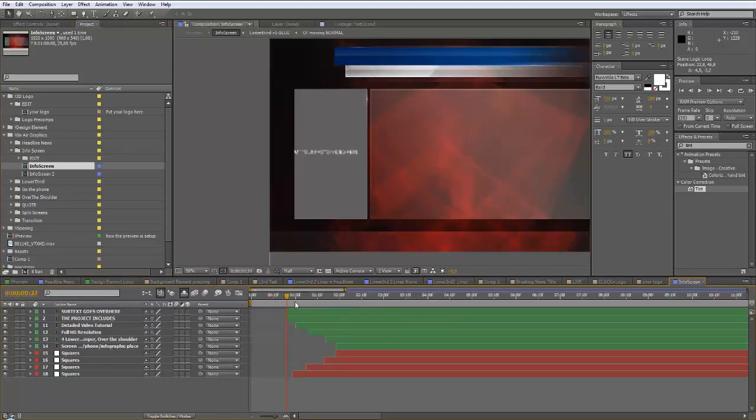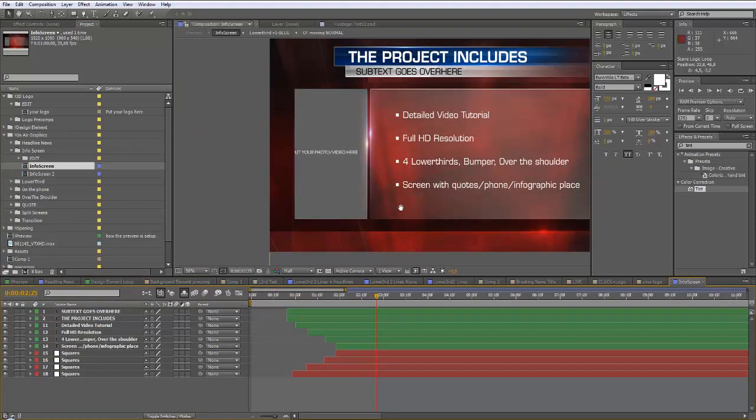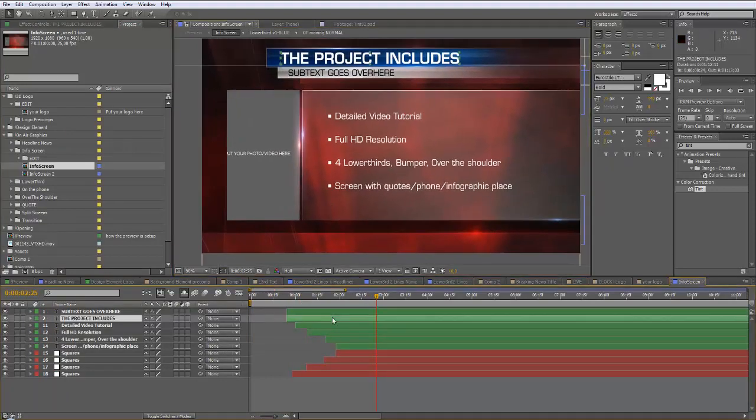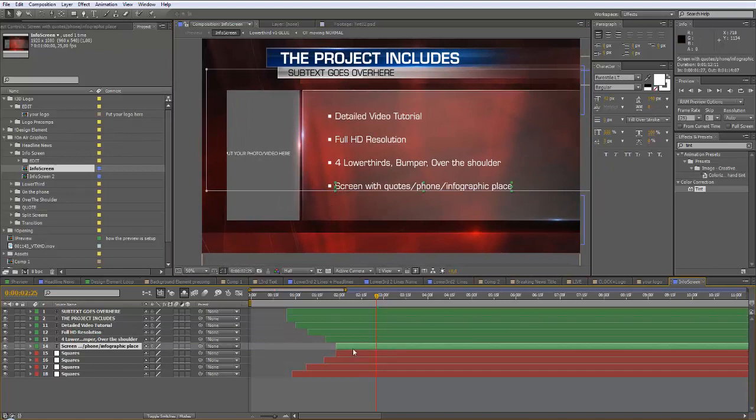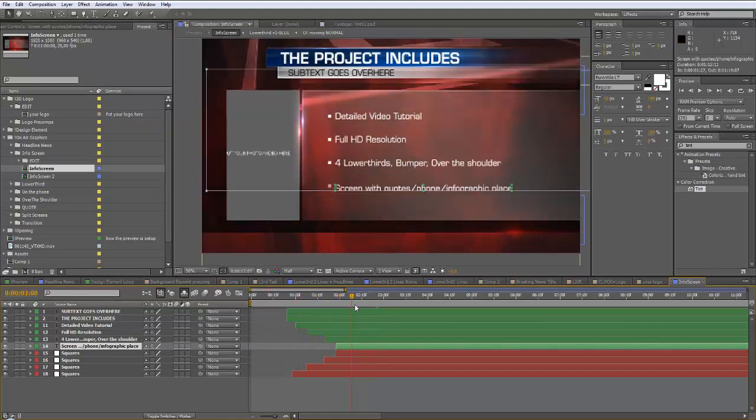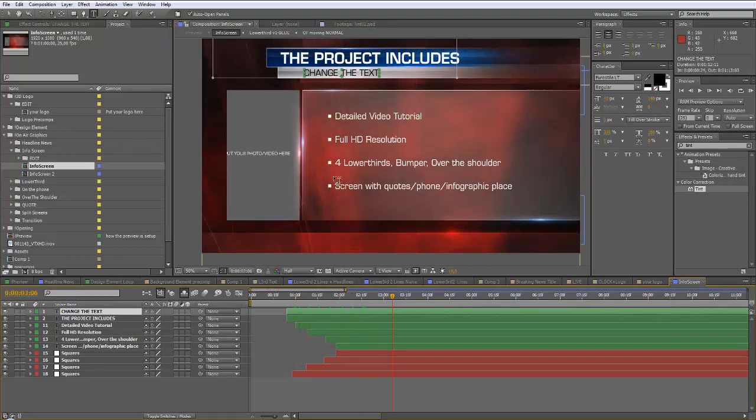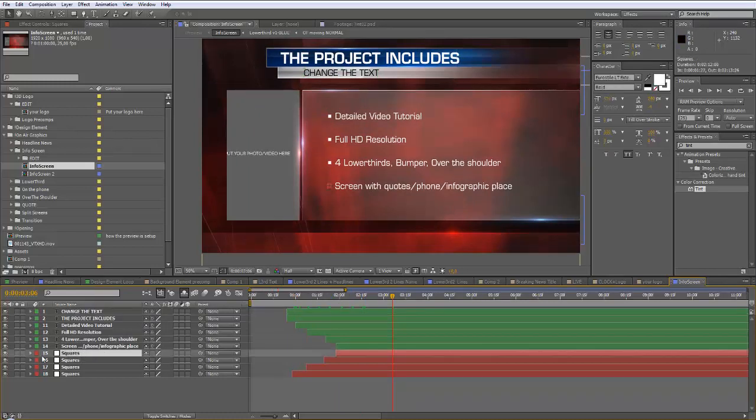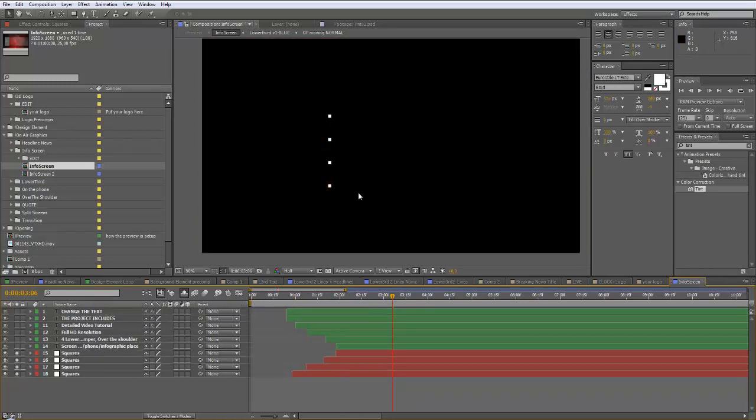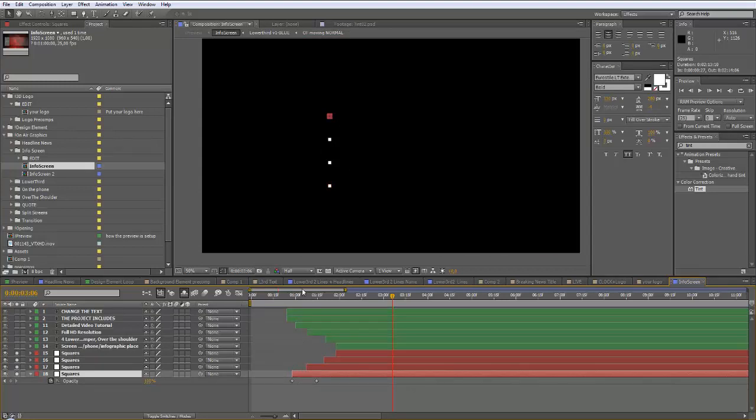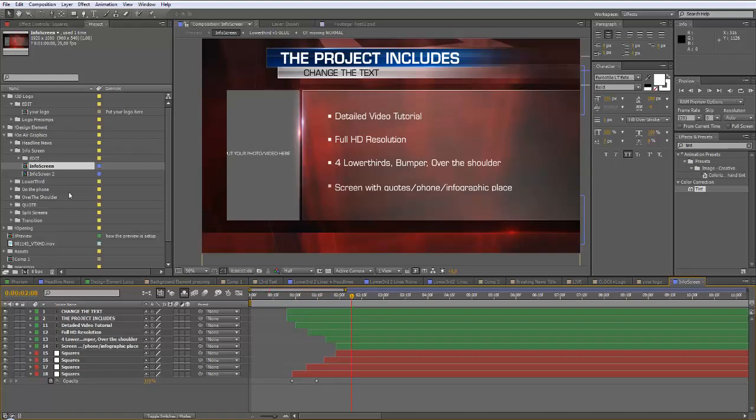What we have in info screen is this few text animated. Double click, change the text. Again, it has mask, and it's appearing in the very same way. In these times we got these squares, which are basically fading on, as you can see. But also we have